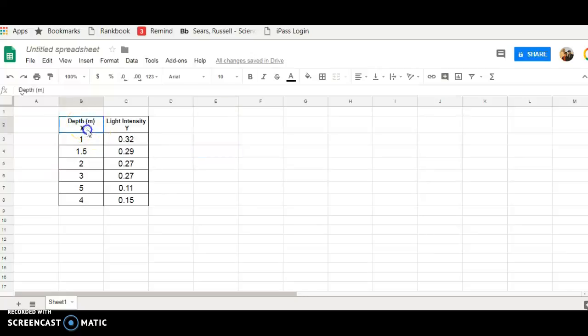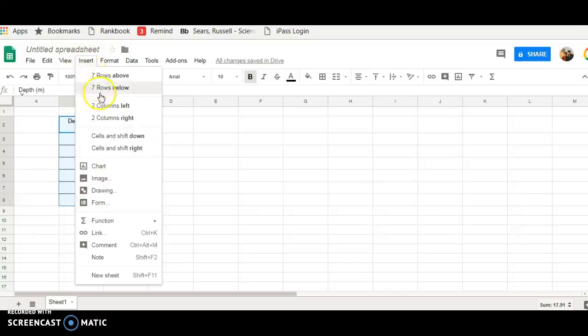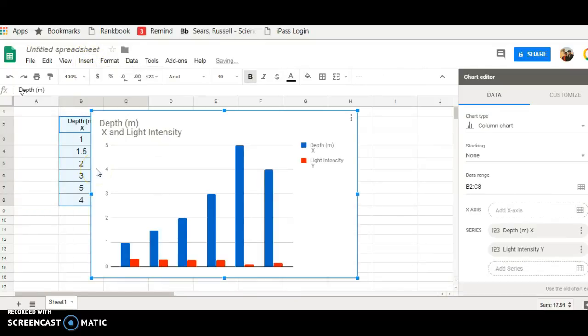To create the graph, you start by selecting the data. Say Insert, Chart. A chart is created, but this is not the type of chart that you would use for this type of data